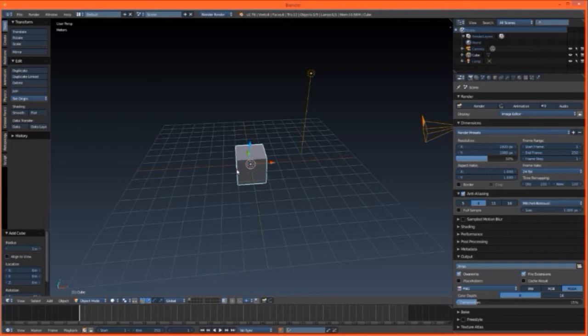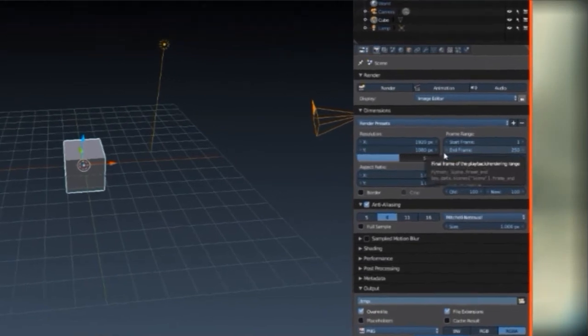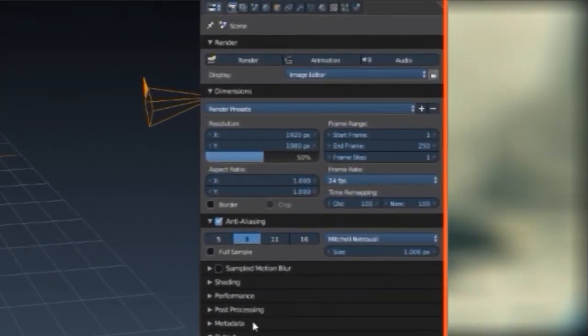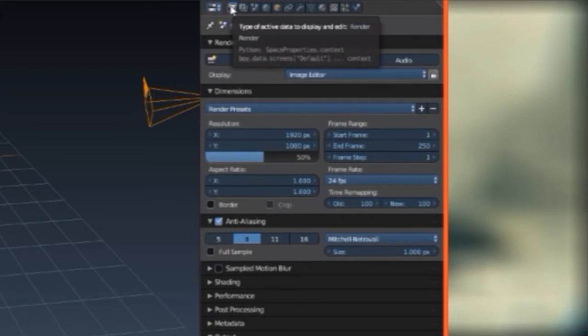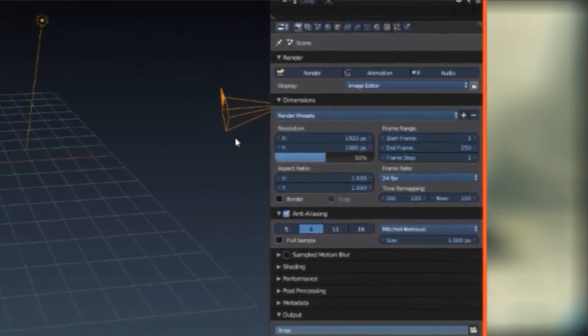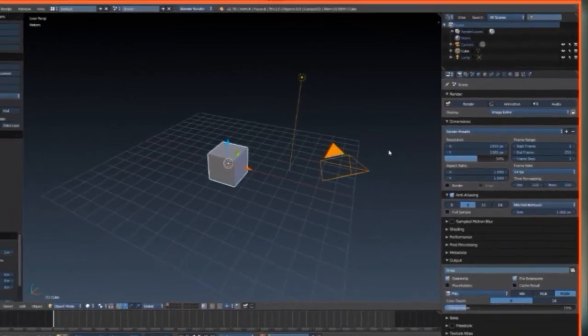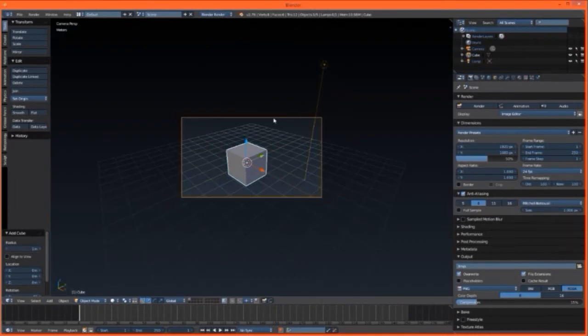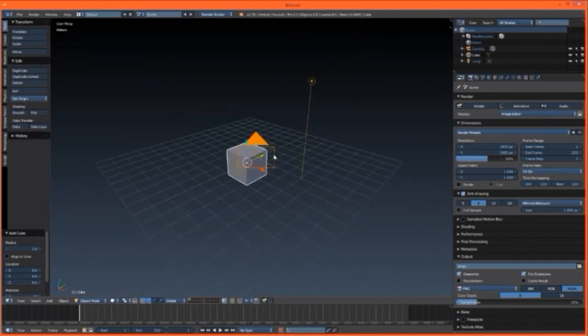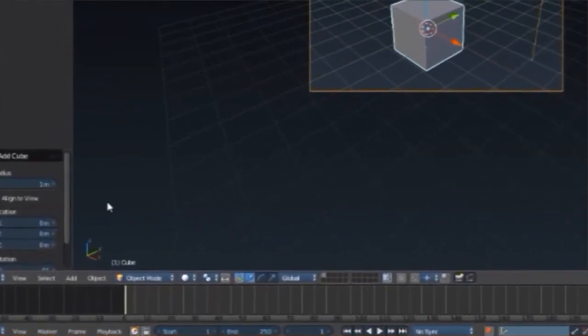So this is your properties window here. And this camera icon up here, this is your render tab. And this is going to be a very useful tab that you want to become familiar with. So here you can set your resolution of your images, which is going to be where your camera is pointing, and you can go to the camera view by pressing the 0 numpad, or going down here and selecting view,